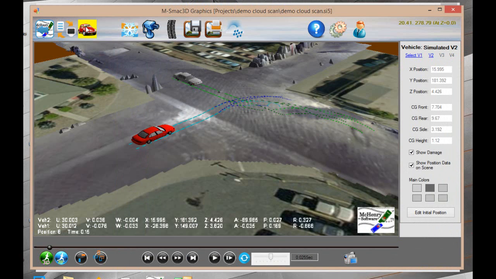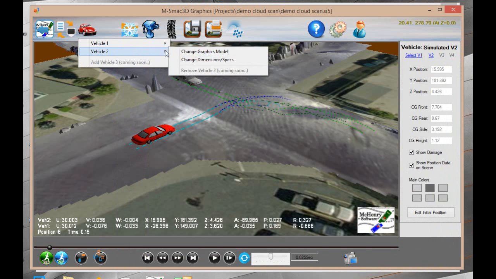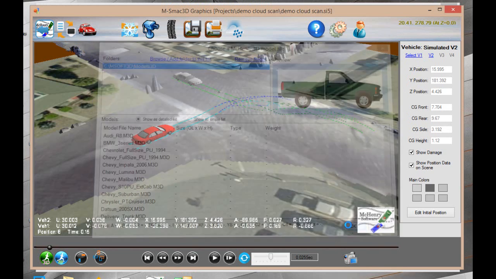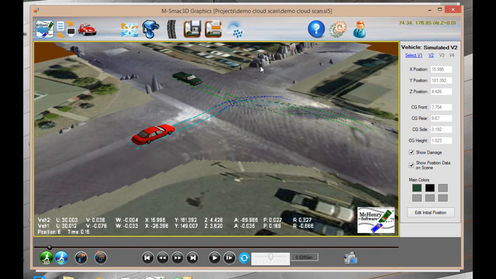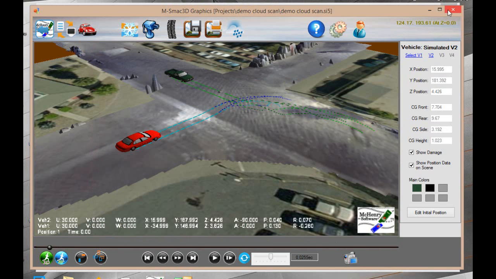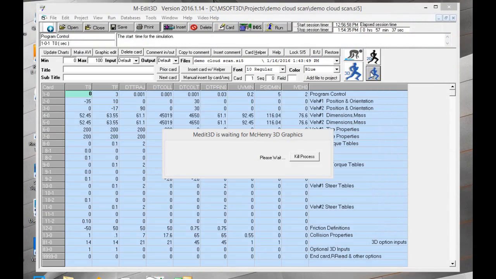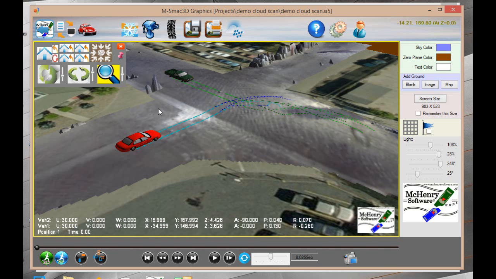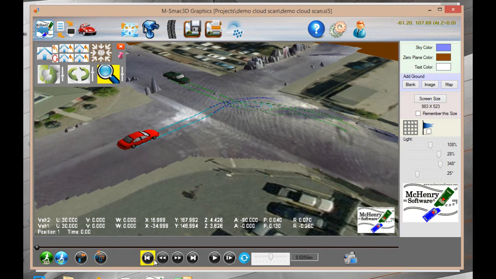Now here's our pickup truck. Of course, it's not an image of a pickup truck. So we go back and we go to vehicle 2, change graphics model, and we go to Chevy full-size pickup truck. Now, when you run this, it will rescale it, or sometimes you may have to restart the graphics just to, because let's go ahead and exit. We'll have that rescale soon, but then when you restart it, see it scales it to the size that you've set, and now when we run them,